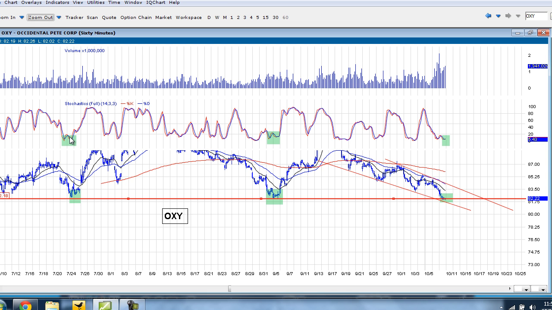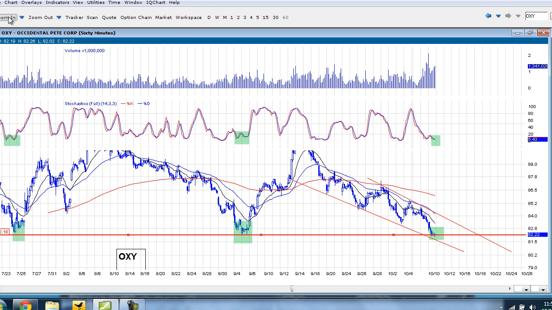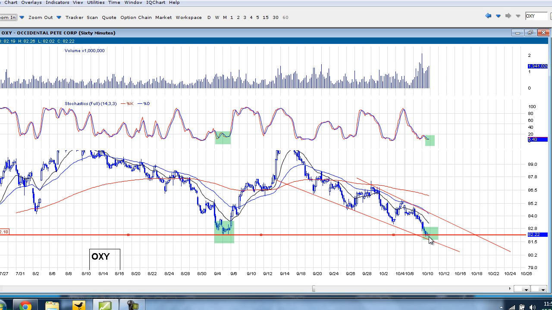Same situation, oversold stochastics. Here we had a double bounce. Here we had a nice divergence bounce, and here we're starting to see maybe a possible double bounce. So Occidental Petroleum, my analogy on this is where you want to be if you're going to look for a bounce. Markets could do a lot. We're entering earnings season, and the market seems to be a little weak the last couple of days, but the fear mongers are coming out, trying to push the market lower. I would not be surprised to see a decent sized rally tomorrow if we hold it. Definitely something in the morning, but if we hold it, very possibly a decent rally